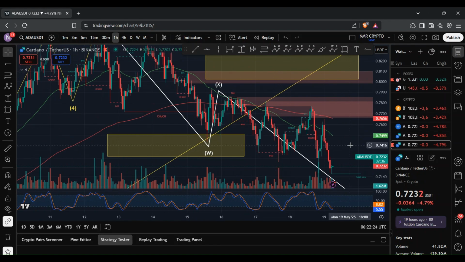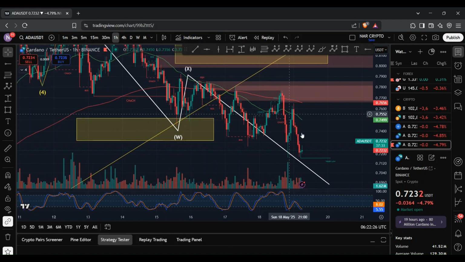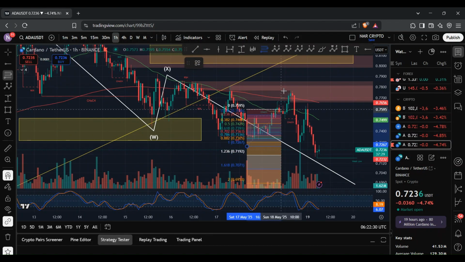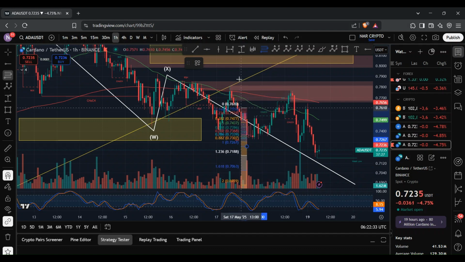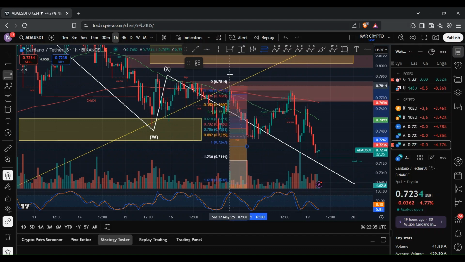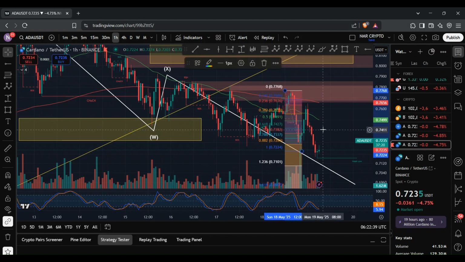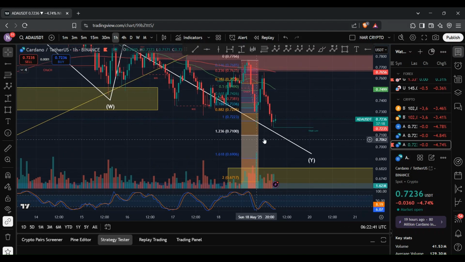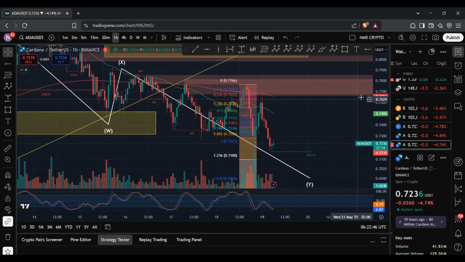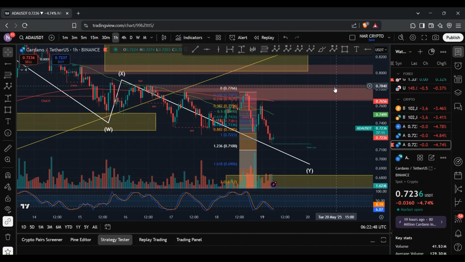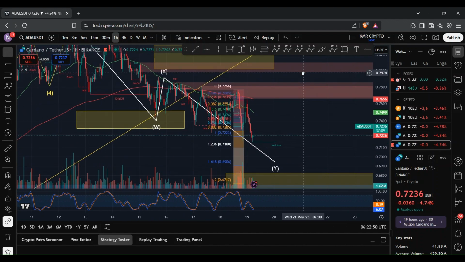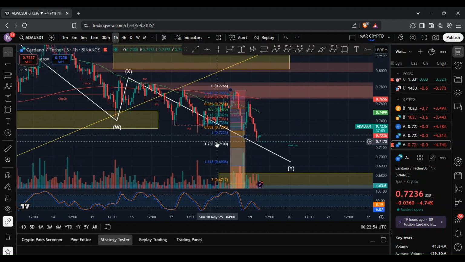And then we have this bigger move to the downside to complete the Y wave, where we have a WXY structure forming. So again, if I use the fib tool and bring that down to the right position, you can see that we ended up reaching that target between 1 to 1.236. And so it's possible that we see that reversal to the upside where we then see higher highs. But given that within this Y wave, it looks like we have another WXY structure forming,